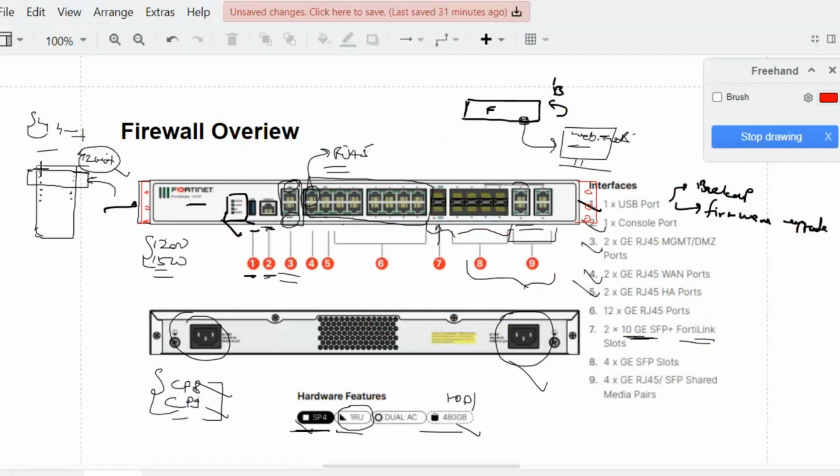Using the holes, you put your firewall here and just screw it in, so it is mounted in the rack. This is the general purpose. So this is just an overview of our firewall, how it looks. Okay, let's jump